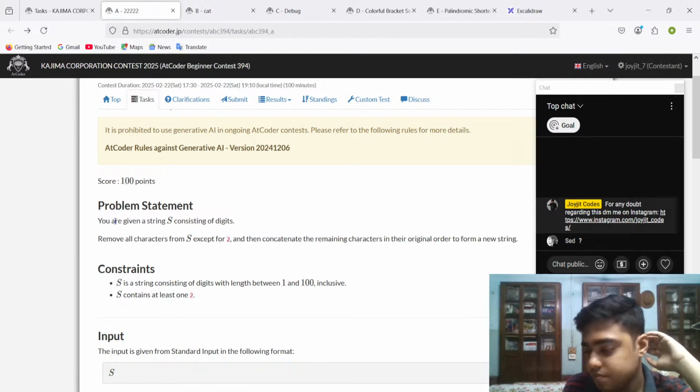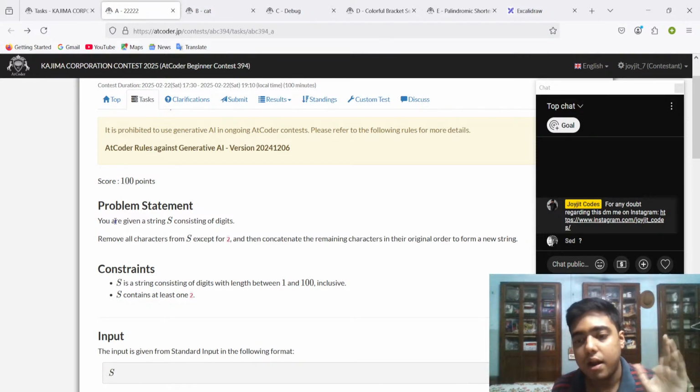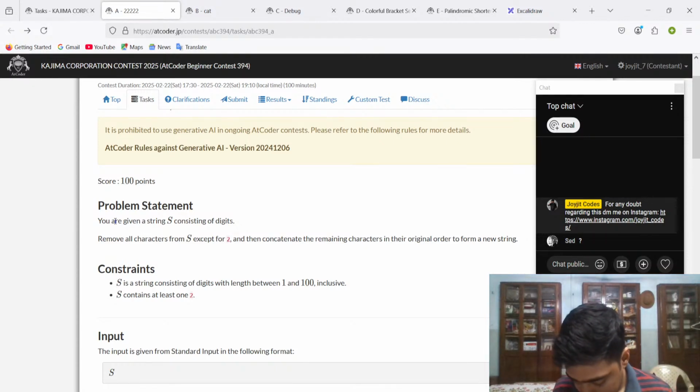It is just telling you that you're given a string. From that string, what you're going to do is nothing else: you just remove all the elements that are not 2 and keep all the elements that are 2. So I think I can explain this to you, but